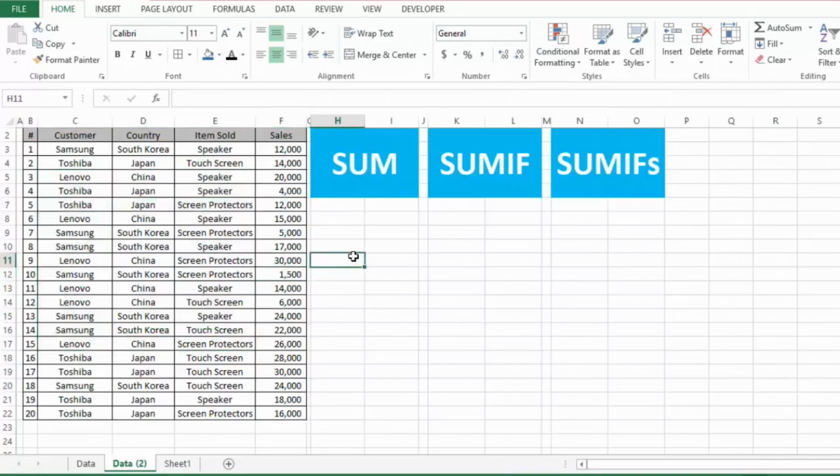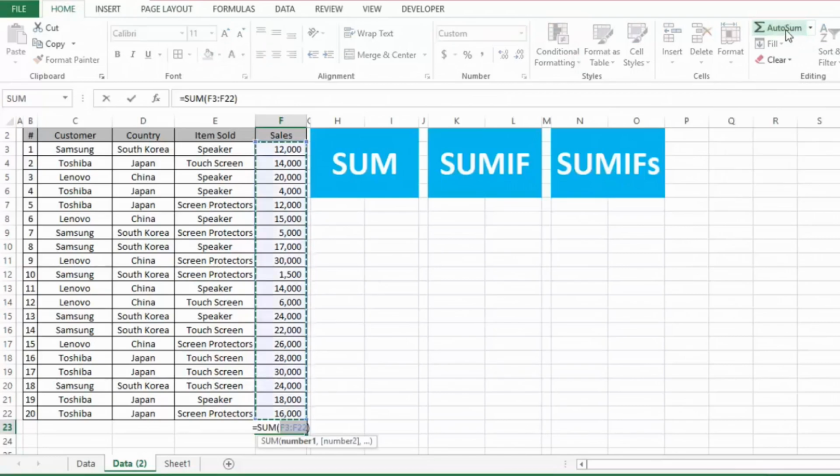The first function that we need to discuss here is the SUM function. This simple function is used to sum or add values from a range of values, or from more than one range of values. Here we have this range of values, and suppose we want to find the sum of these values using the SUM function. So we need to bring our selection to the cell in which we want the sum, and then the first simple and easy method is to go to the Home tab. In the Home tab we have the option AutoSum.